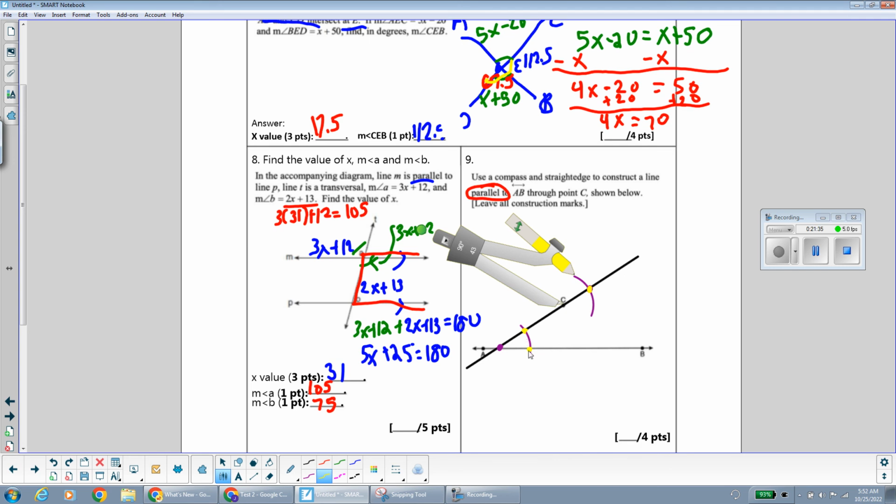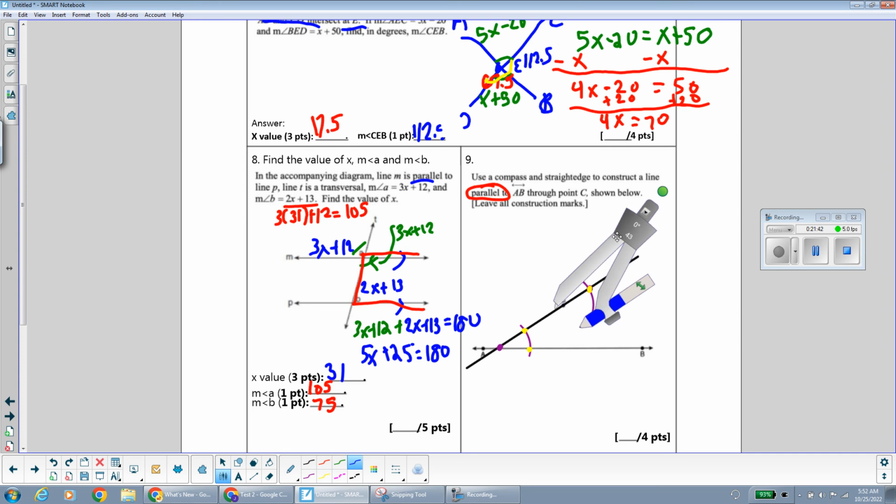Now, since I'm copying this angle from here to here, I actually have to measure this angle. So I'm going to take my compass. Let me get a different color. And I'm going to put it on one of those intersection points. And I'm going to open up as best as I can to the other intersection point. I'm going to put an arc to show that I measured. And this measurement is the measurement of this angle, because once again, we're copying this angle and moving it somewhere else. So now, without changing the measurement, because I want that same measurement that I just measured of the angle,